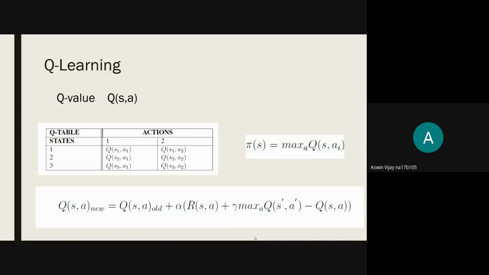Okay, so S prime is not fixed. S prime usually is not fixed, so depending upon the action, you can land up in any S prime and you're calculating the maximum Q values among those. When it is a stochastic problem. But here he is not having a stochastic environment, which means that because he knows if he takes an action A from S, he will land up in only one S dash. So there is no question of looking at other S dashes in this particular case.